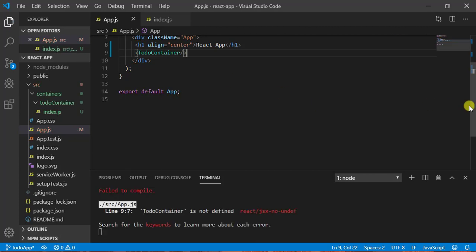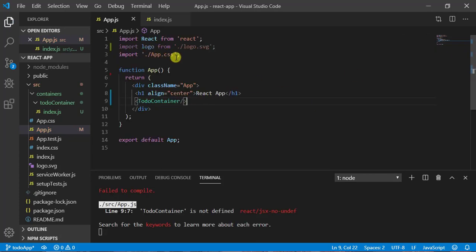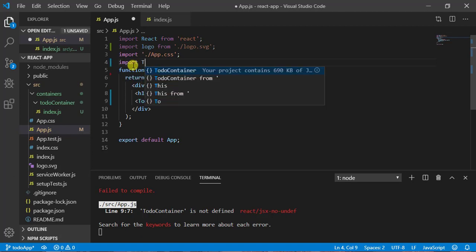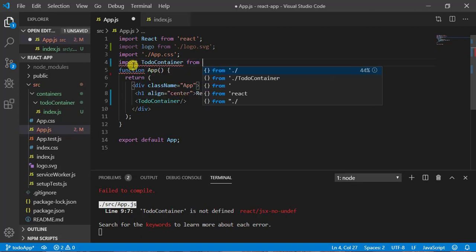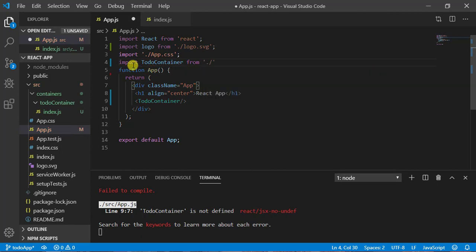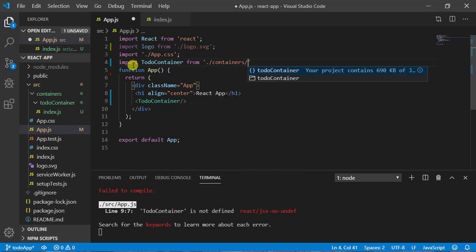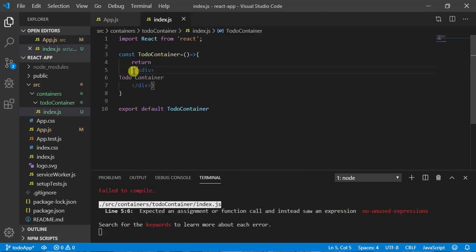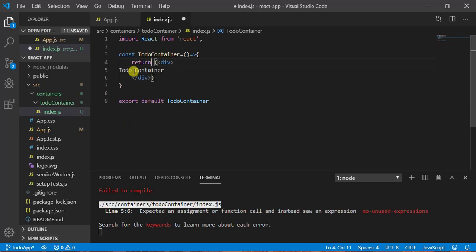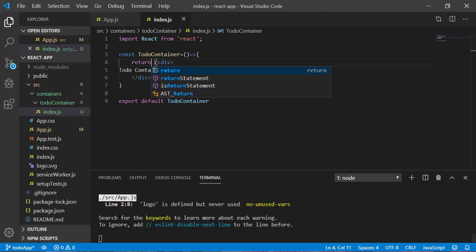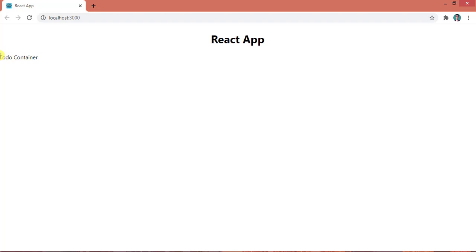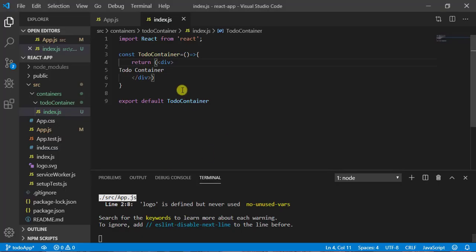It did not get auto imported, so once again I need to import from here: import todo container from, and I need to go to containers. Here I can have todo container. Let's save it and have a look. Now you can see I am getting this todo container, meaning we have imported our component here successfully.